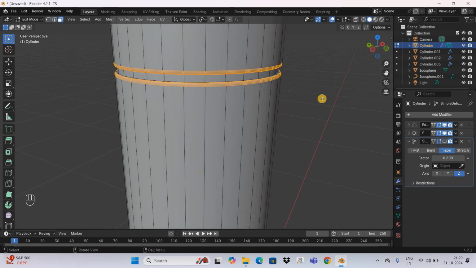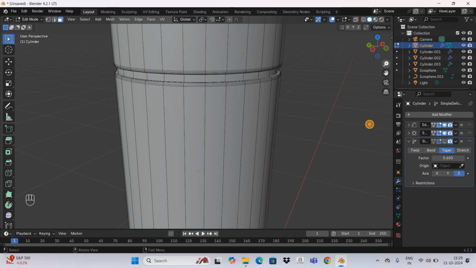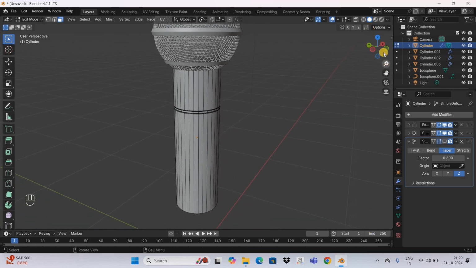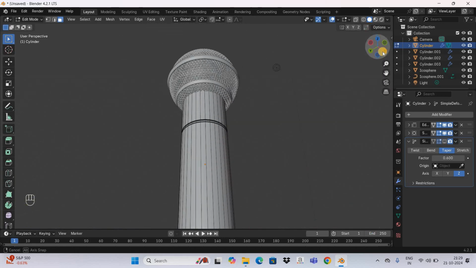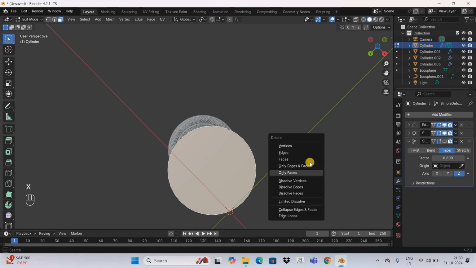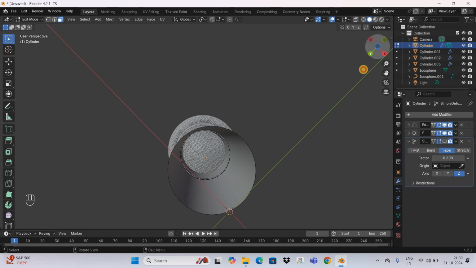So I'm selecting the face selection mode because I want to create a small hole right at the bottom, and this is going to act as a wire input. And so to do that, I've selected the face selection mode. Now select this face and now press the letter X and now select this option, that is faces. So we have deleted this face which is present right